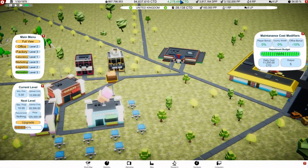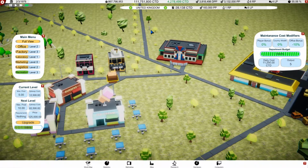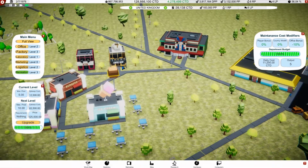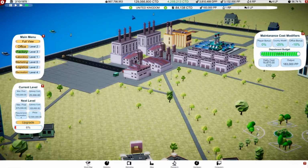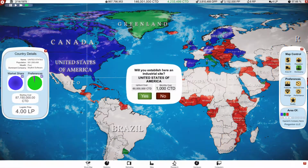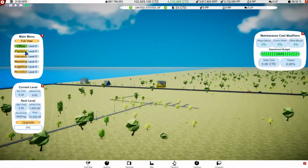So right now we're at $4.2 million making every month, and we can actually start buying into the US of A, the good old US of A. Let's go ahead and put a factory upgrade here. And once that settles, we can see we have researched a new technology. We're going to go ahead and put a base of operations in the US of A, upgrade this,